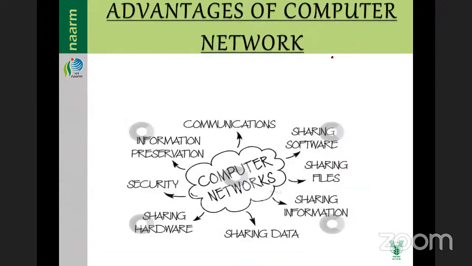Okay, network. You see what we are doing here: computer information, presentations, security, sharing hardware. Sharing hardware means, for example, a printer. Suppose you are sitting in your lab and you want to take a printout. The printer is kept somewhere, and you can simply share the resources, the hardware. You are sharing the data with other systems. It could be sharing files or software from one system to another. We can share the system through remote access.